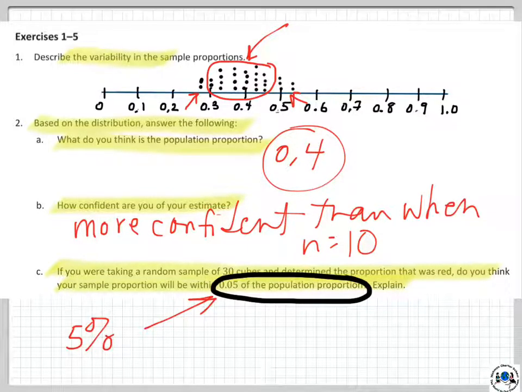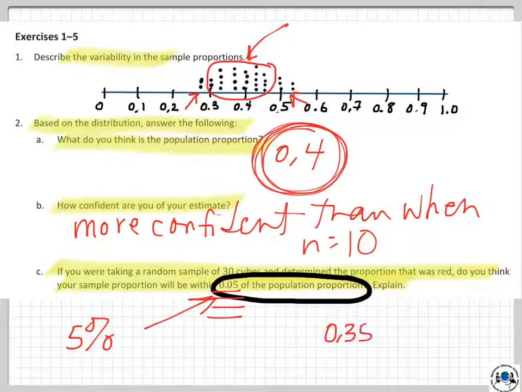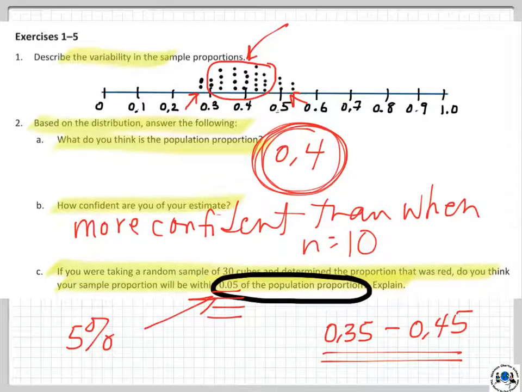If we were to be within 0.05 here, and our estimate is 0.4, we'd have to be between 0.35 to 0.45, okay? All right, so that's what the actual population proportion could be if we are going